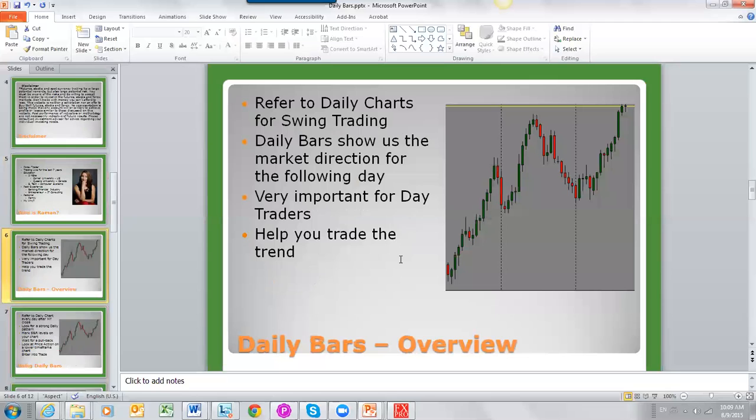So let's look at what I'm talking about. Most people, when it comes to daily charts, think it's for longer term traders. They think you only look at daily charts if you're swing trading, or if you're wanting to get into longer term trades, holding the trade for several days or several weeks. I have found that that's not always the case. You can use your daily charts for